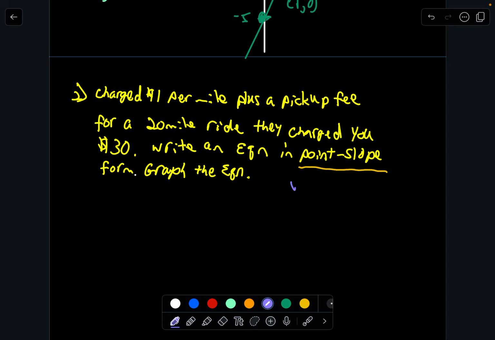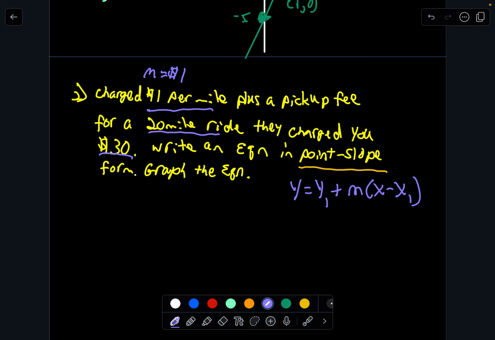Point slope form, y equals y1 plus m times x minus x1. So they gave us one value of x. They gave us that for a 20-mile ride. For some reason, that's not working, so I'll go back to this. All right, they gave you for a 20-mile ride, they charged you $30, and they told you that was $1 per mile. Well, that per mile fee is the slope,